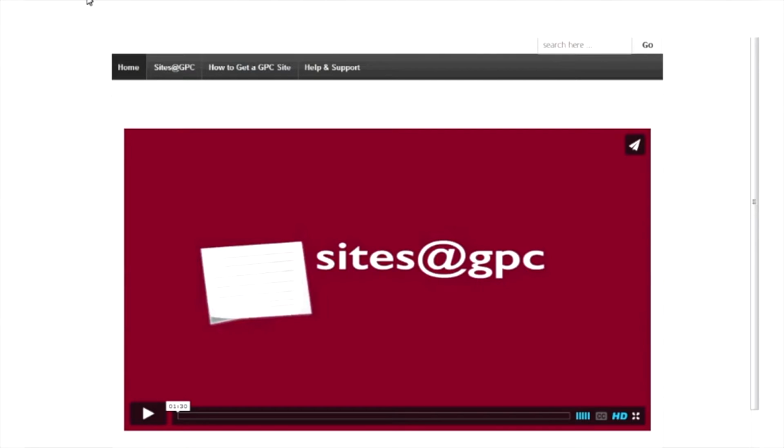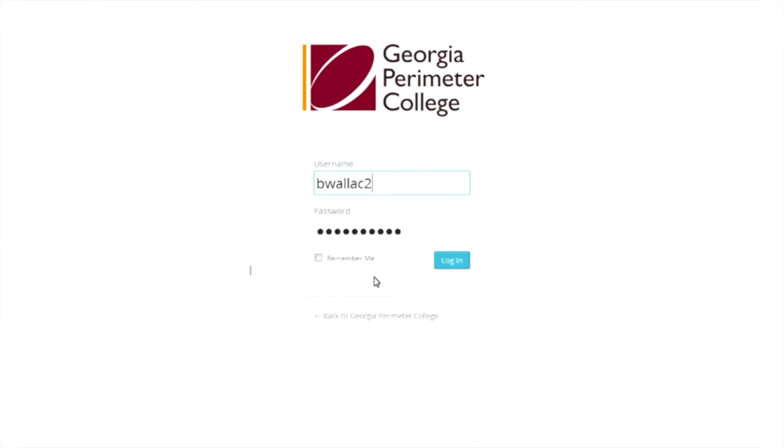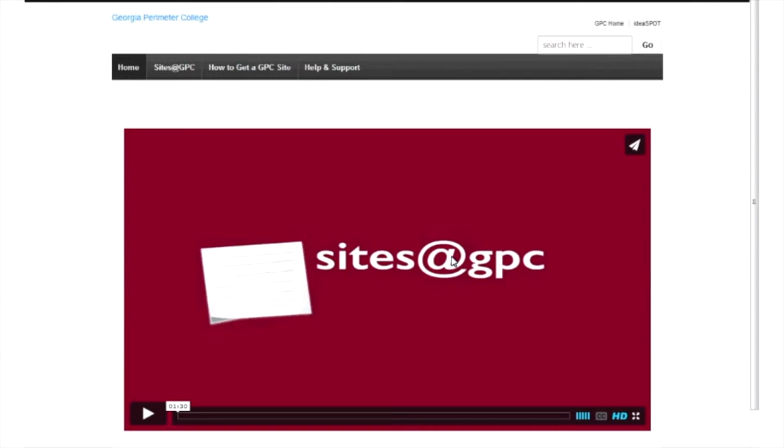When you click on Login, you get the login screen. I have been in here, of course, so mine's already set up. You just use your GPC username and your password. And of course, because I'm in it all the time, I have it remember me. When you do that, it's going to log you in, and you will have a website already. That's as far as it is to do this. It's really easy. Now, mine's going to look a little bit different than yours because yours is not set up